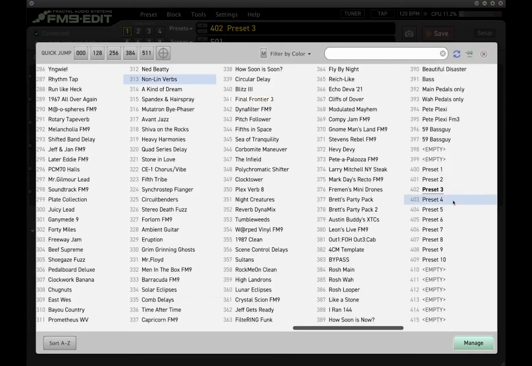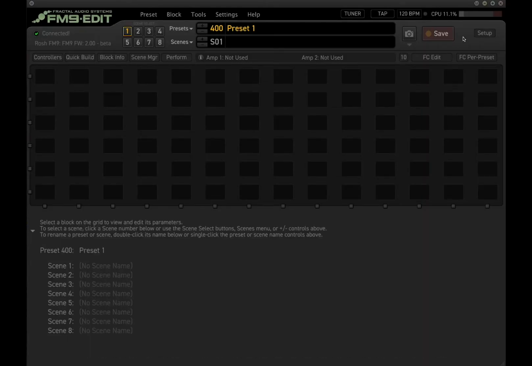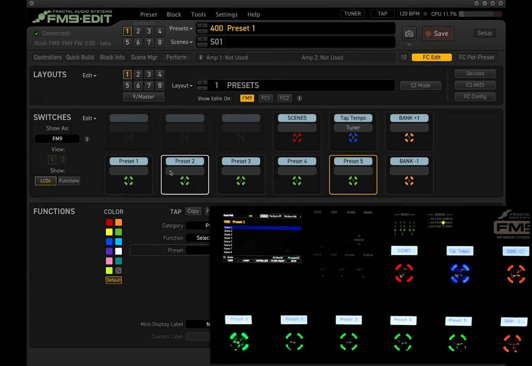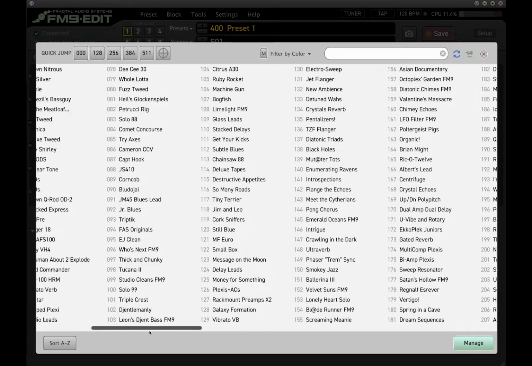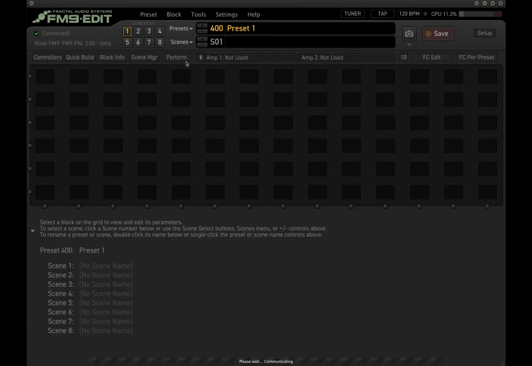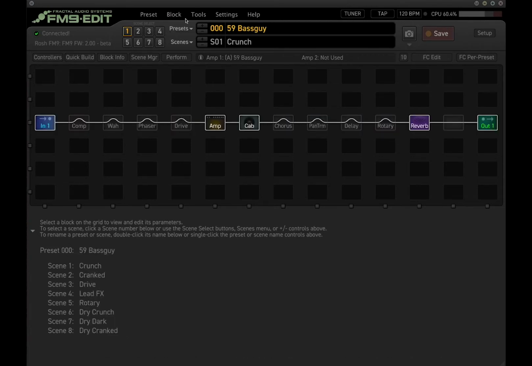Okay, and then let's navigate back to this first preset. All right, so now if you look down on the unit, all is right with the world again. We are selecting preset 1 in the bank, preset 2 in the bank, preset 3. So again, to reiterate, if we go all the way back to the beginning, for example, you'll see that